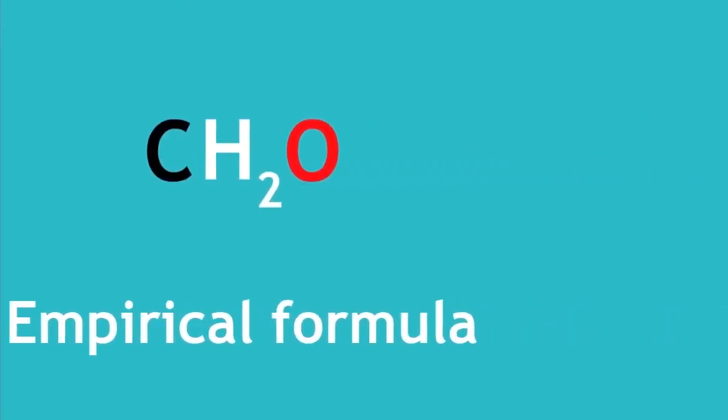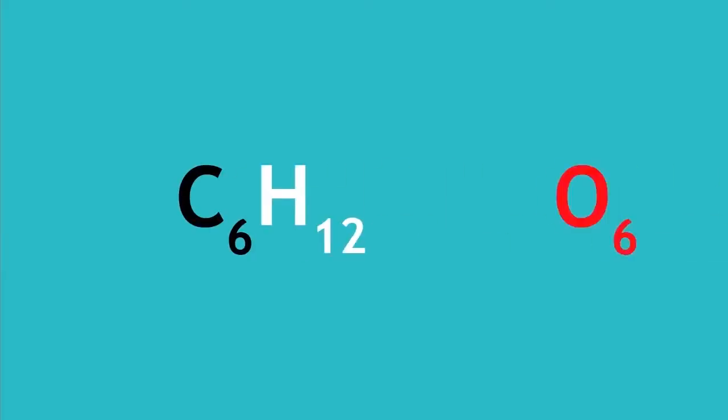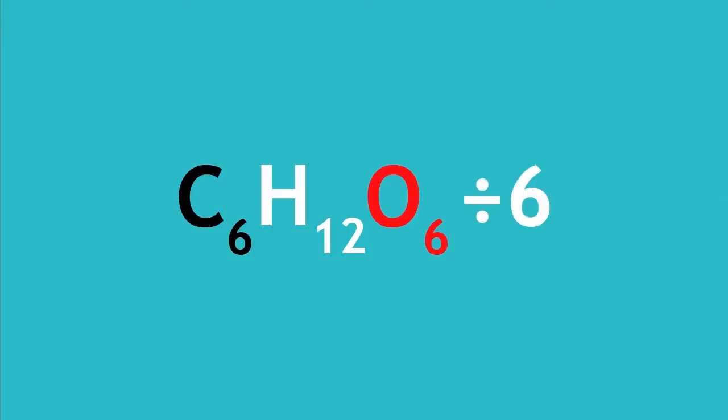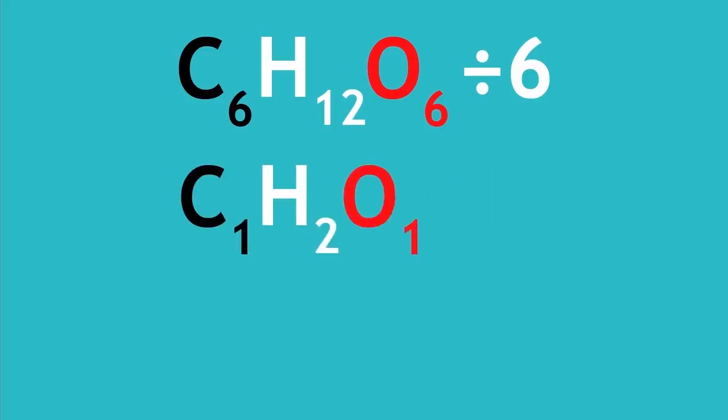The empirical formula is the simplest whole number ratio of atoms in a compound. We need to find the highest common factor, that being the largest whole number that is a factor of 6, 12 and 6 in this example of glucose. They all divide by 6. And so if we do this, we get C1H2O1. We don't show the ones, and so the empirical formula is